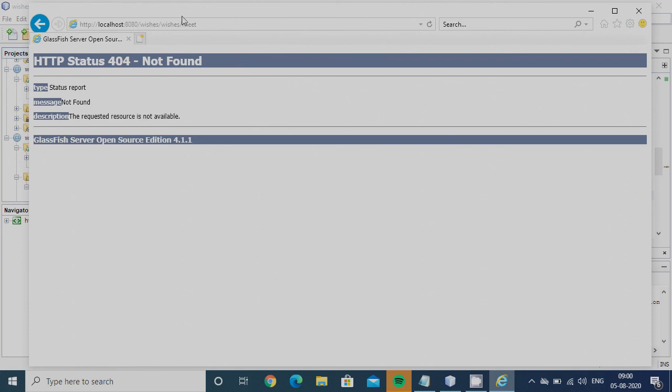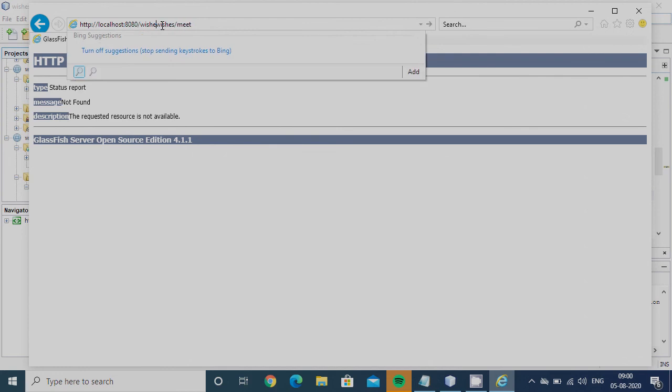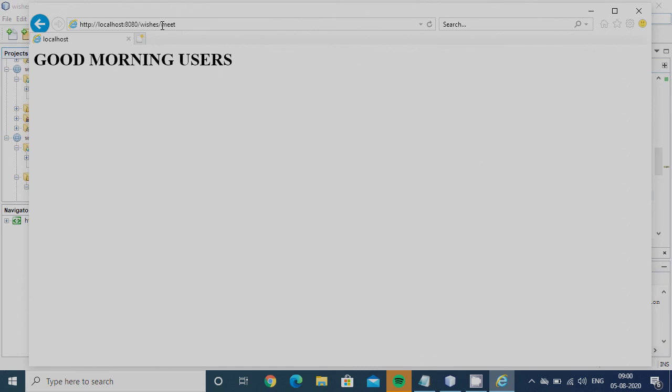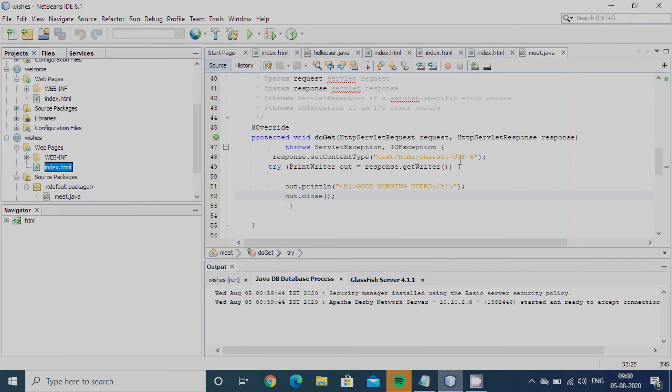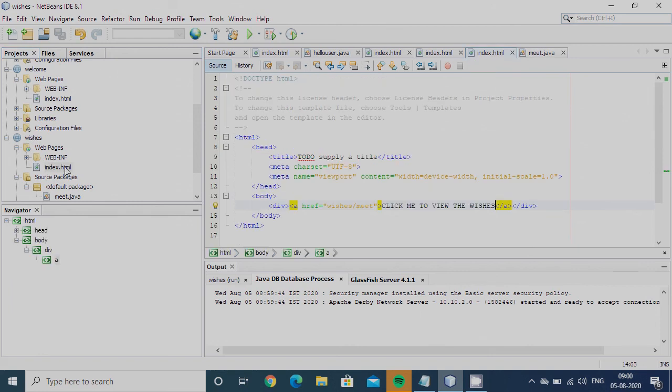Wishes dot meet. What's the error is, I have missed the slash here, so that is why I got the error.